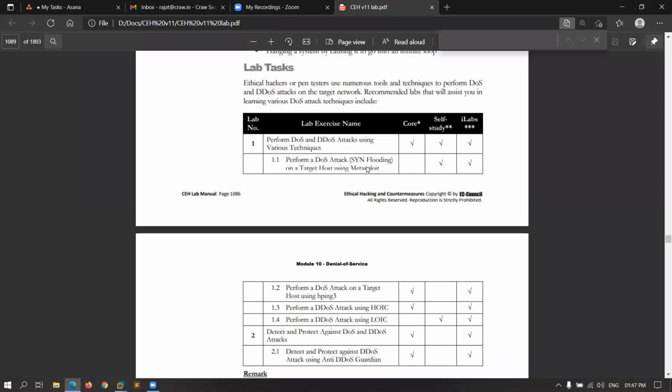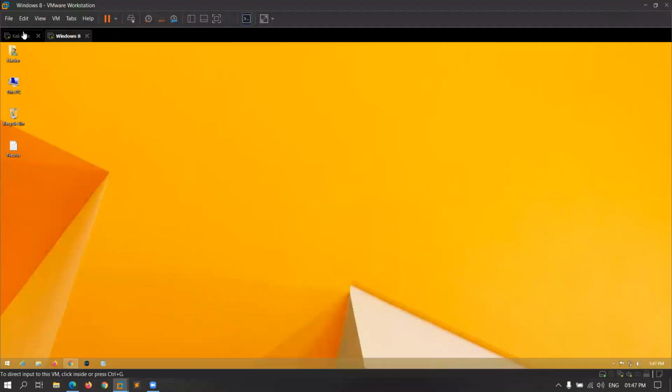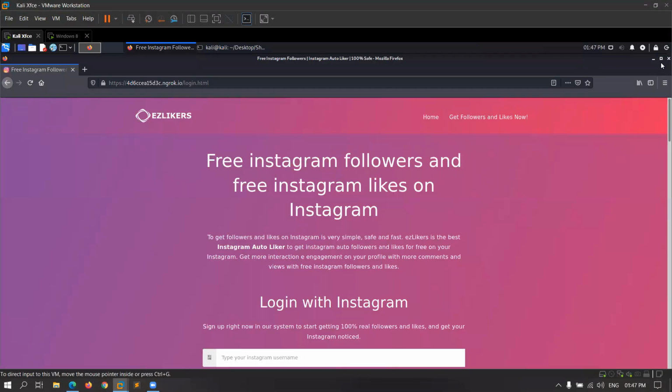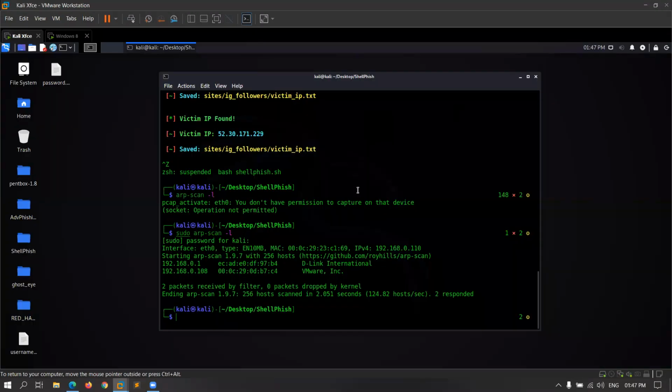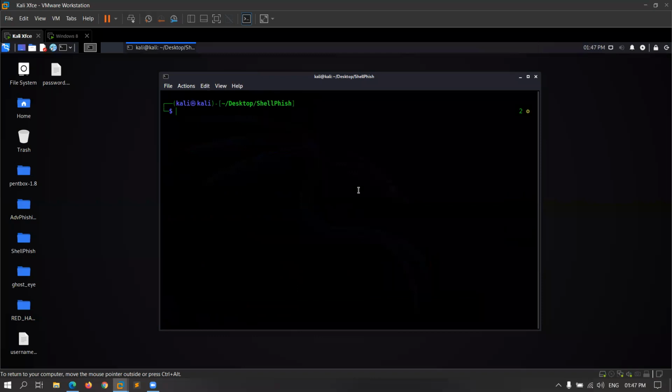Now coming to the next practical, which is hping3 and Metasploit SYN flood. So I'm going to perform a SYN flood attack by using Metasploit. I'm going to show you how you can perform a DOS attack by using Metasploit. You have to clear your terminal and here you have to type msfconsole.